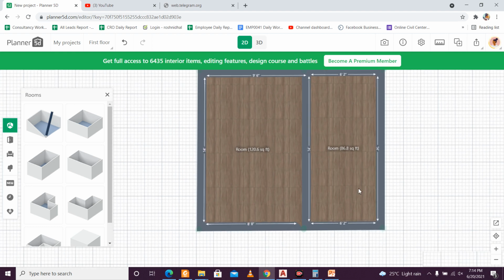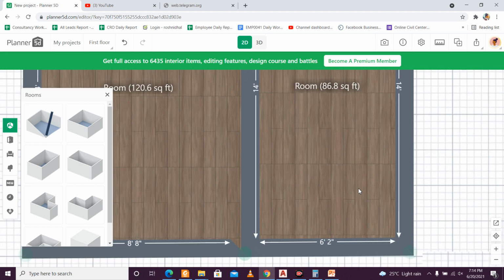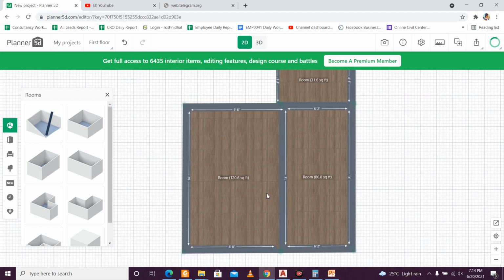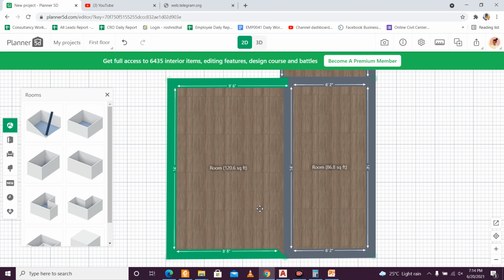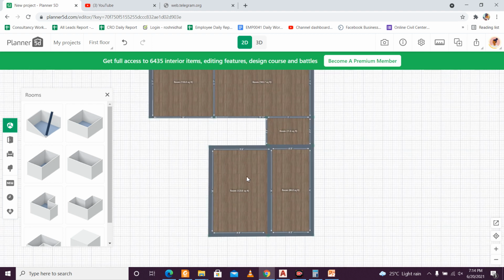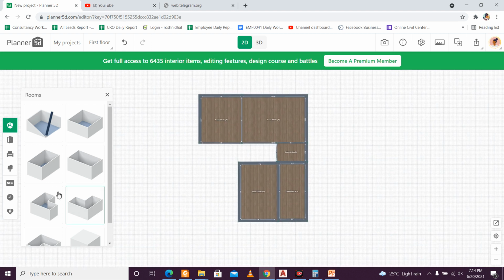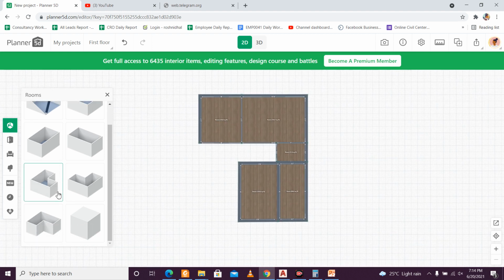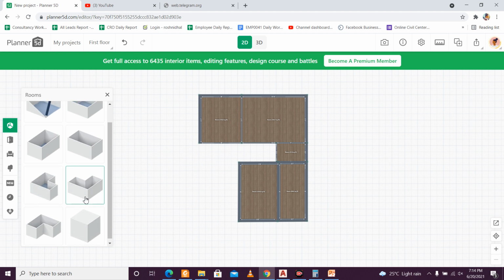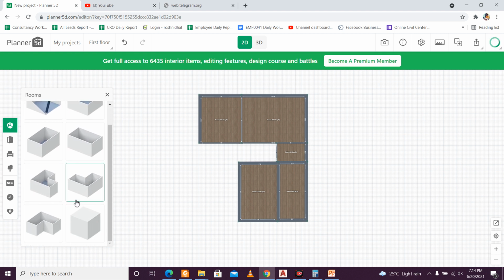So once this is joined, we can give the remaining room here. So let me see if we have anything remaining which we can collect, the shapes. If we have a shape like this, that's good.